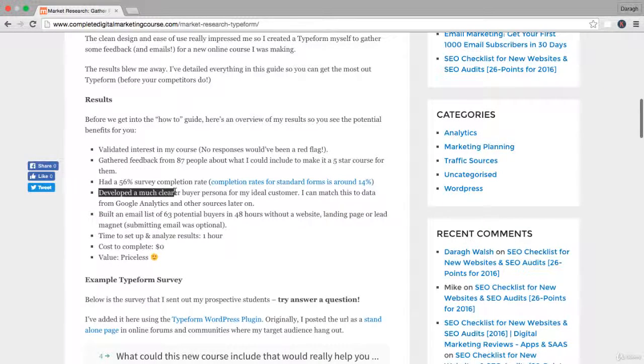I also developed a much clearer buyer persona for my ideal customer. I can match this data to Google Analytics and other sources later on. So I got a lot of context about what their pain points were, and I can match this into information like age, gender later on in Google Analytics when I pull the data from my website. And so it's great, you're just building in a bigger data set that you can really build an understanding of